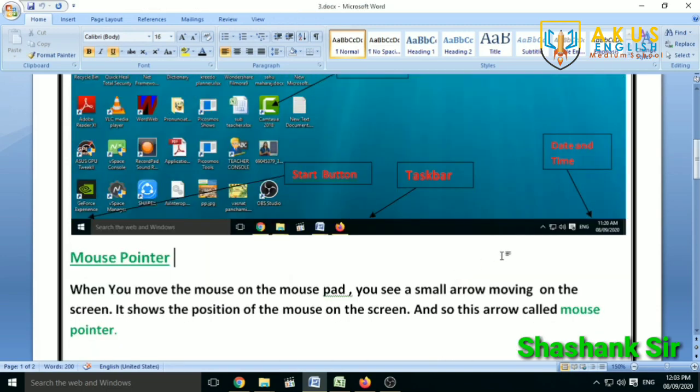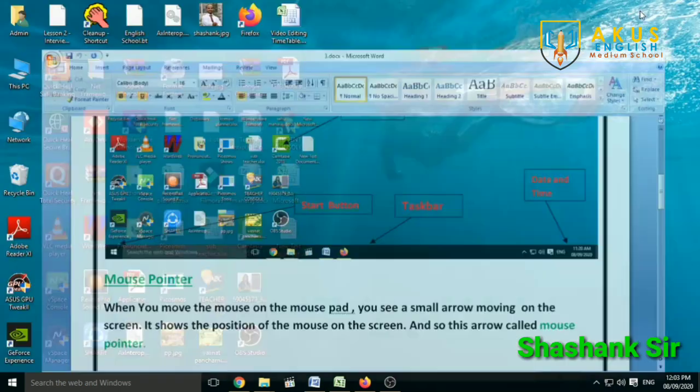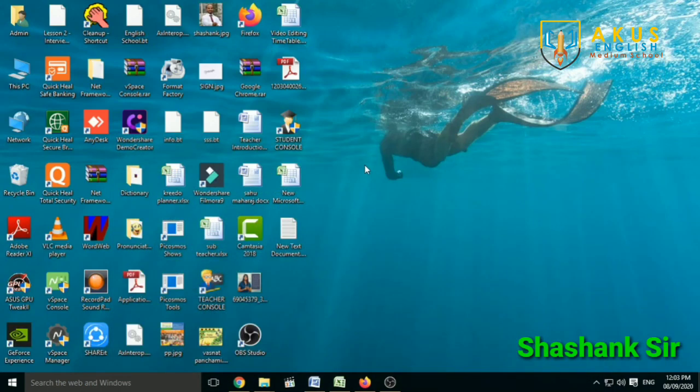So let's see the first one, what is the mouse pointer. When you move the mouse on the mouse pad, you see a small arrow moving on the screen. It shows the position of the mouse on the screen. This arrow is called the mouse pointer. Here there is a small white arrow.